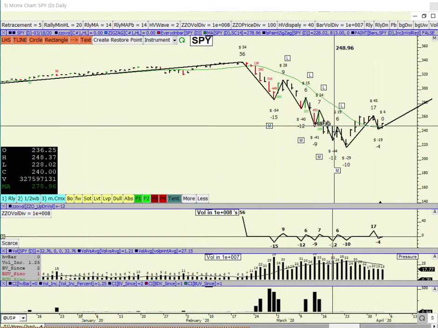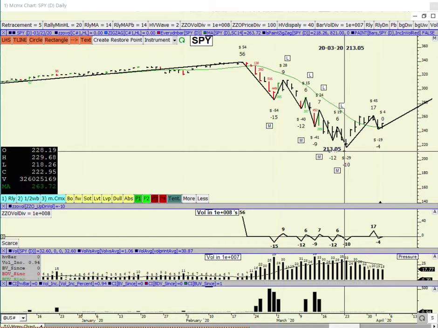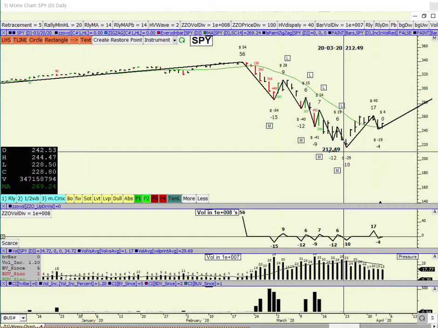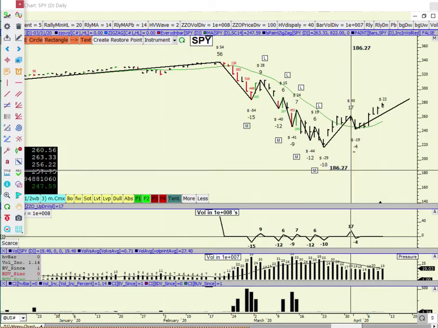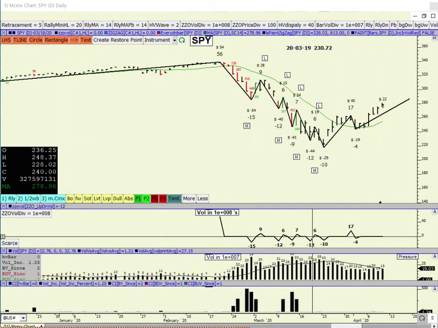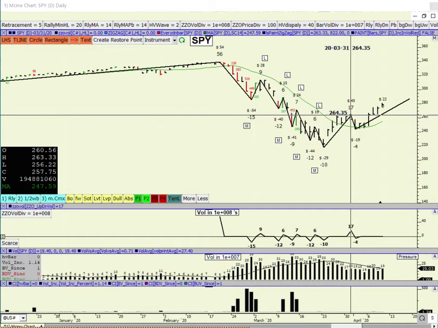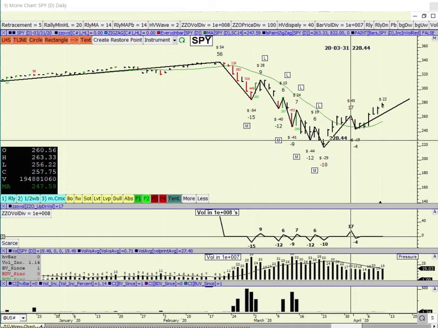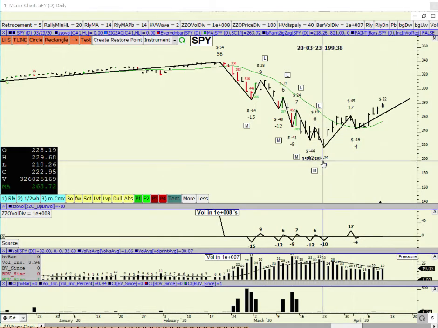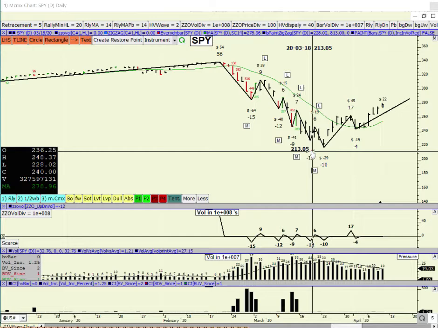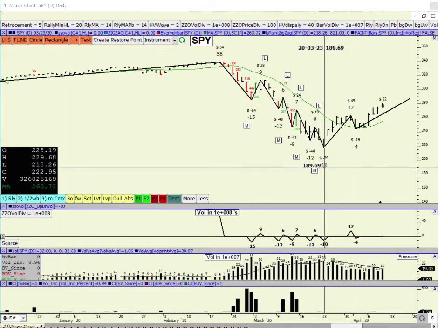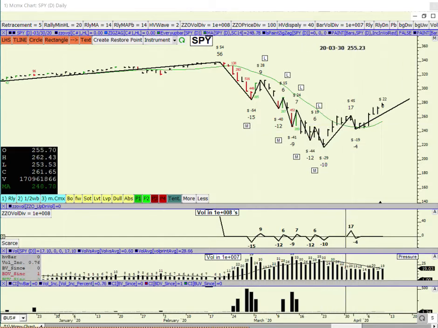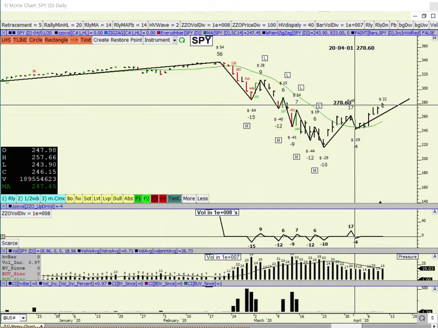Meaning in a downtrend, when the up waves have more price and volume than the down waves, the trend changes. This is that situation where not only do the up waves have more price and volume than the down waves, but the down waves shorten. You see a shortening over here of 29 from 44 to 29 and a lessening of volume. So there's shortening, and more importantly, the up waves increase for